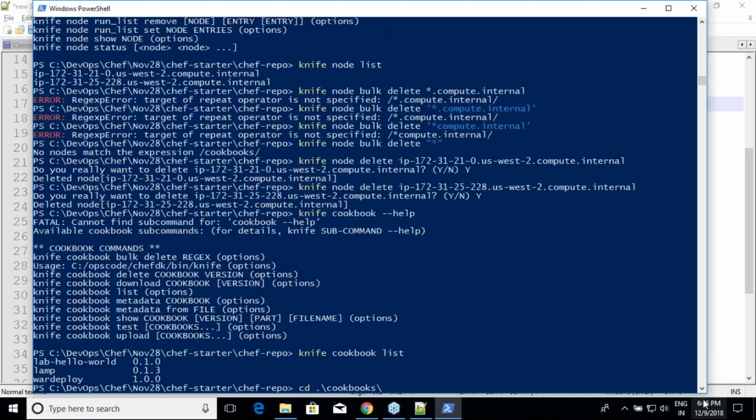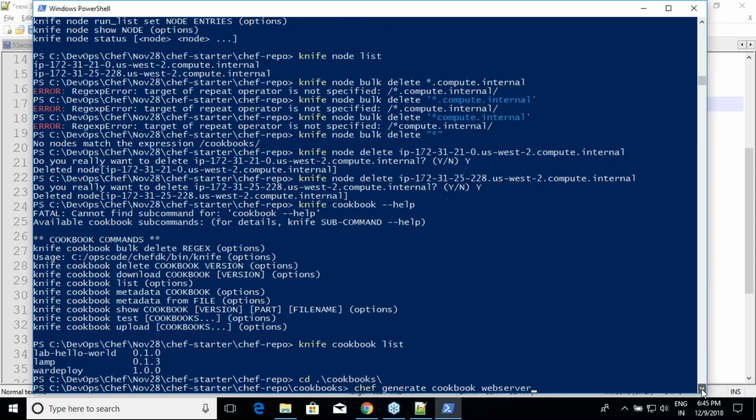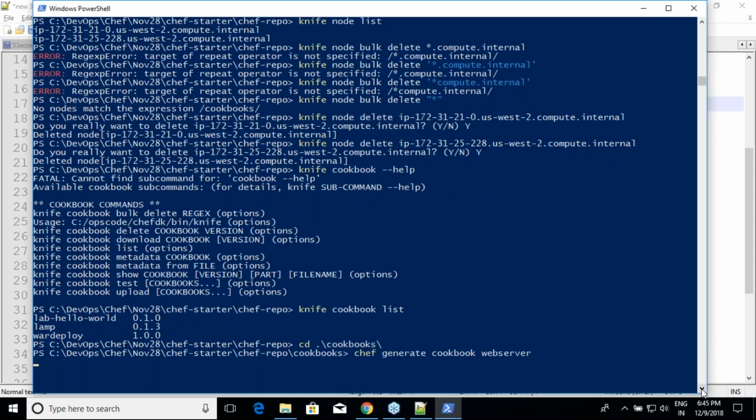No. Good. After that, I'll create one more cookbook called DB server. It might not have too much content, but we will get to add those things also, because before we add these contents, we'll go to the supermarket. But for now, my focus is demonstrating how environments and roles work. So that's why I'm not really worried.